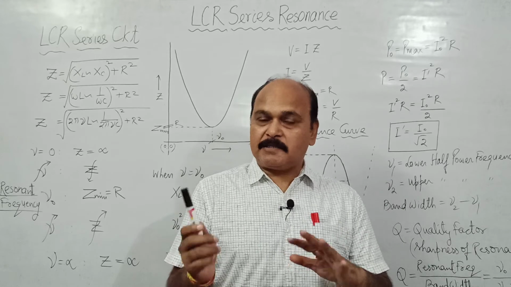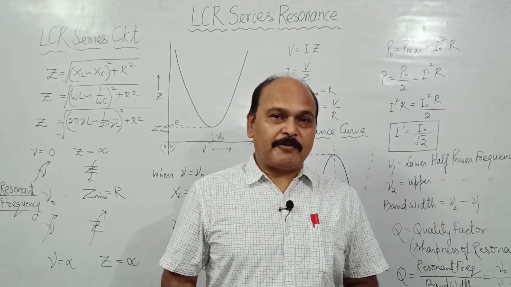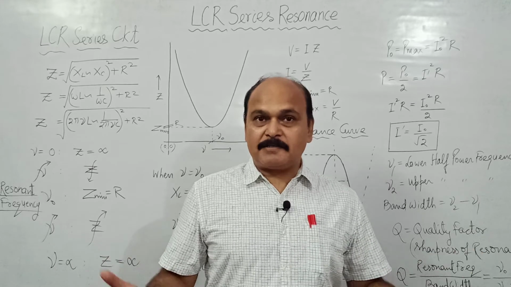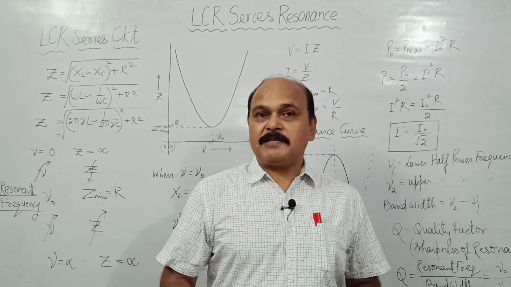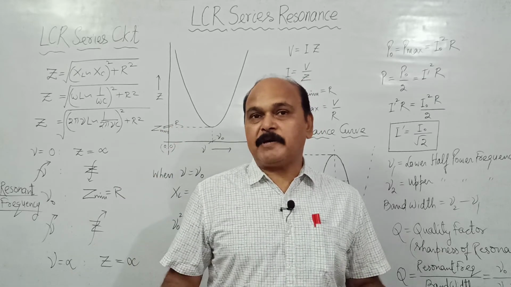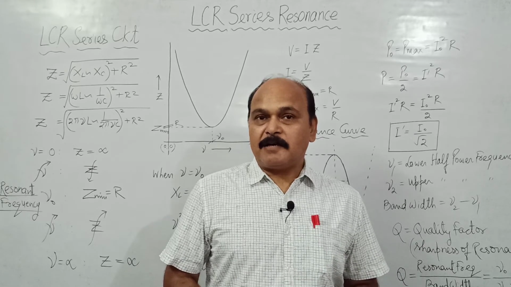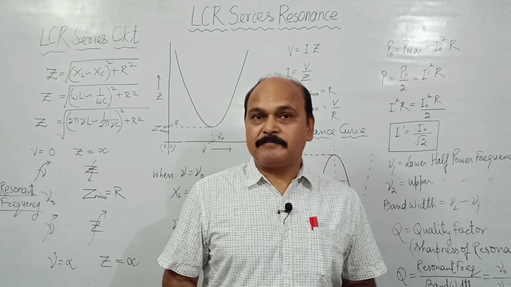At both the places, it is the matching of the frequencies. In mechanical resonance, the frequency of vibration of two objects becomes same. As the result, they start vibrating violently. Here, the frequency of AC source becomes same as the resonance frequency of LCR series circuit, and the current in the circuit becomes very high, maximum.